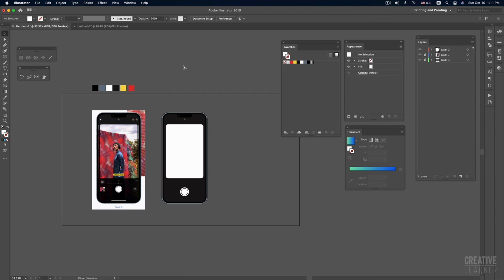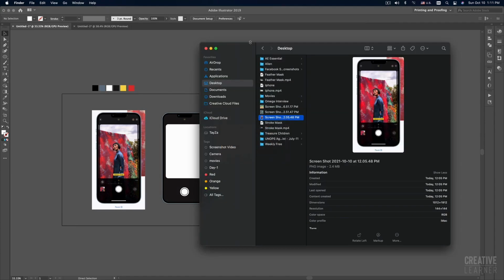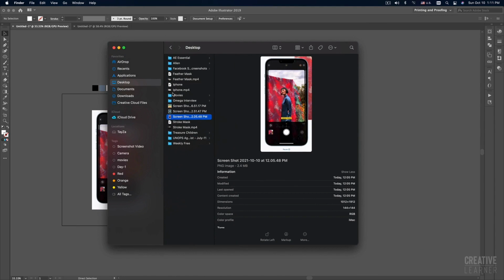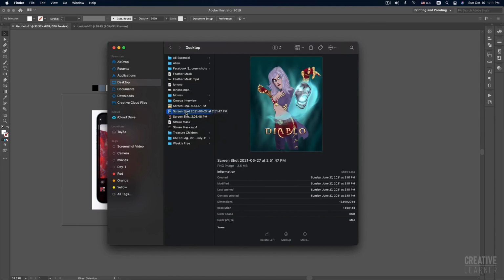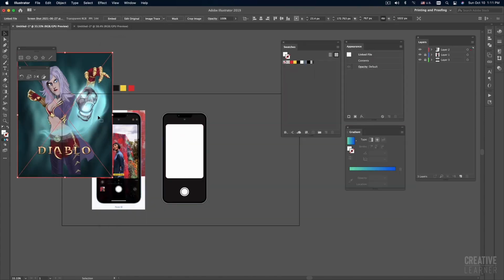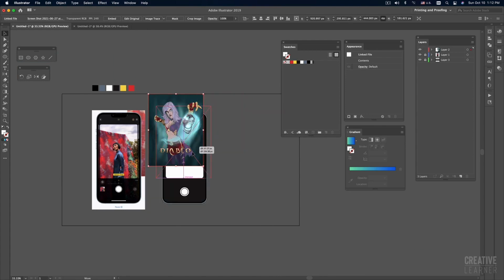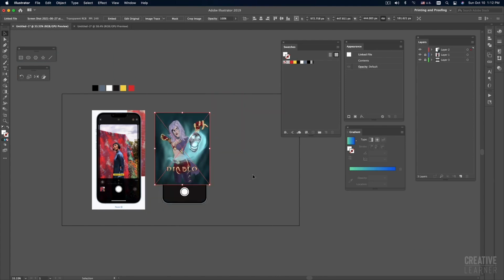So let's say if you're using the Mac, go to Finder, or you can go to Explorer in PC and then locate your picture, any picture. Let's say I have it on the desktop. Let's say I have this drawing here, and then I can simply locate my picture and drag and drop. Same thing with my iPhone screenshot, and then I can bring it and drop it here. I will drop it. So when I get the image by drag and drop, now we are placing